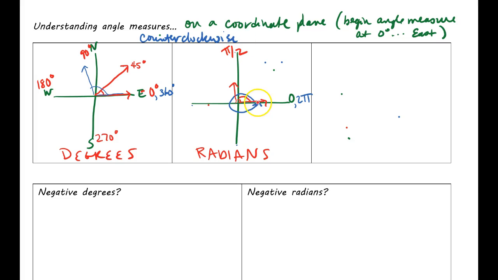Now if I start here and go all the way around to what is usually 180, now I'm halfway around my circle. So what's half of this? It's pi. And then if I am 3/4 of the way around, I'm multiplying the entire circumference by 3/4. And when you multiply that by 3/4, you're going to get 3 pi over 2.